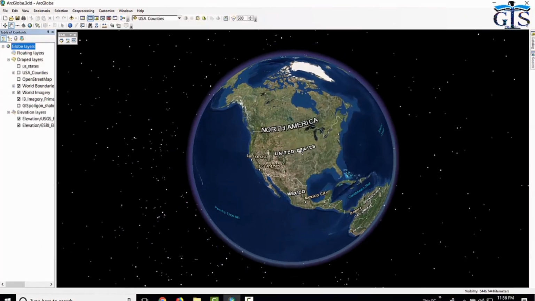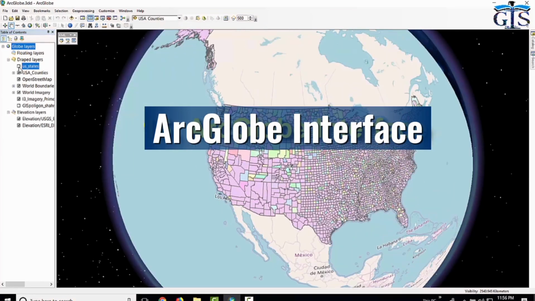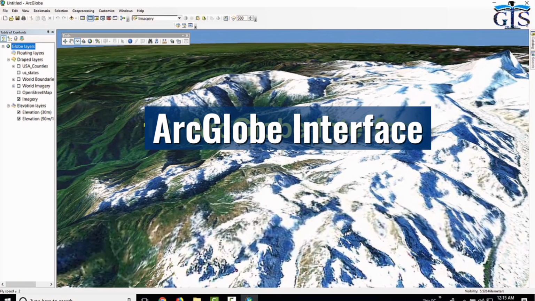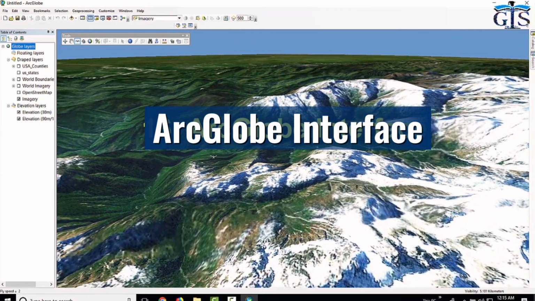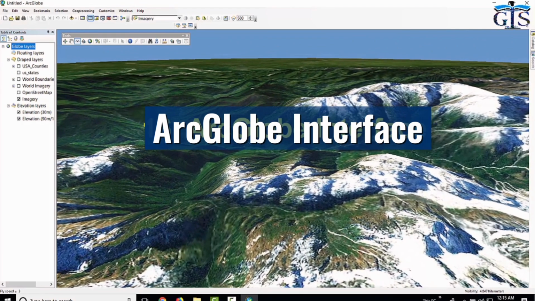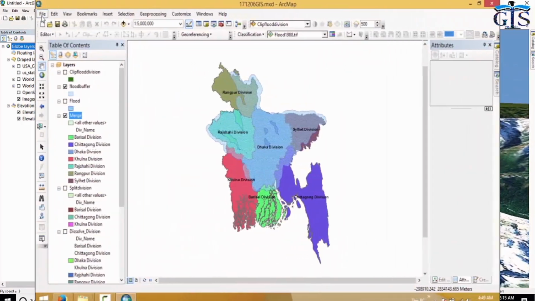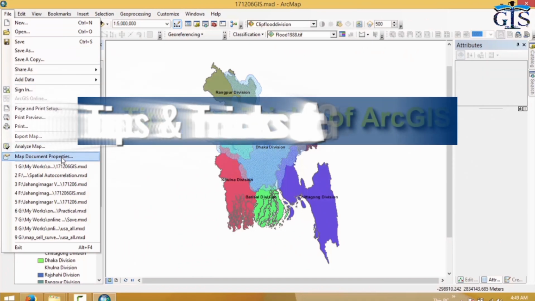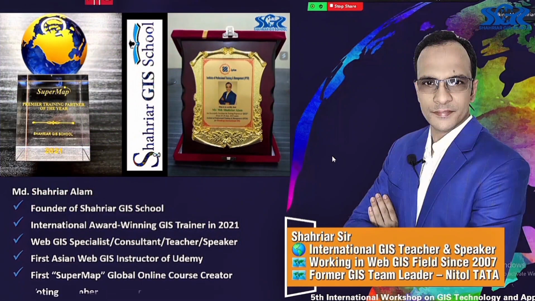Not only that, we are going to learn also in detail about ArcGlobe interface, how to work with ArcGlobe, including 3D mapping, vector data and base map, tools inside ArcGlobe, potentialities of ArcGlobe in ArcGIS, and so on. We are going to learn some tips and tricks of ArcGIS by which we can do our GIS project very easily and smartly. If you want to learn all of this,